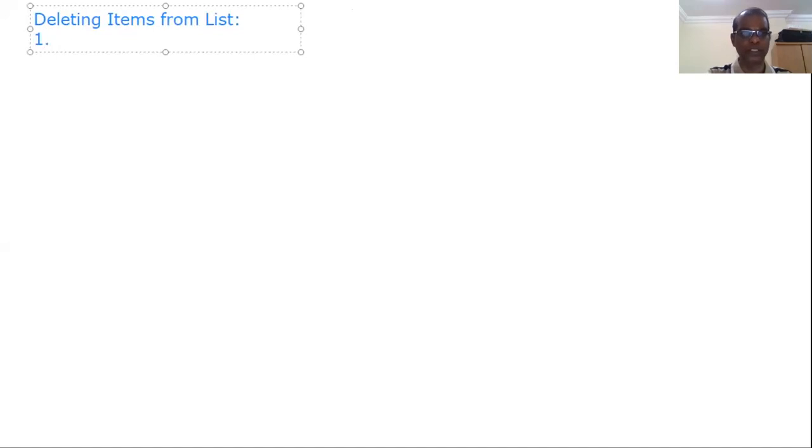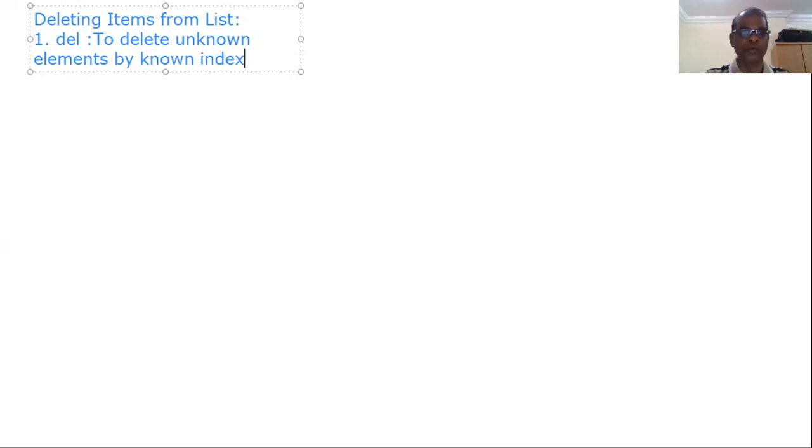There are so many functions to delete. First one is del, very simple. This del we already studied in the string itself. Once we will see. So the del command is used to delete unknown elements by known index.